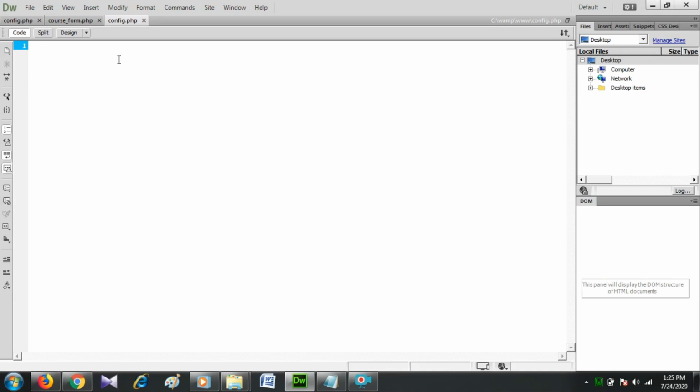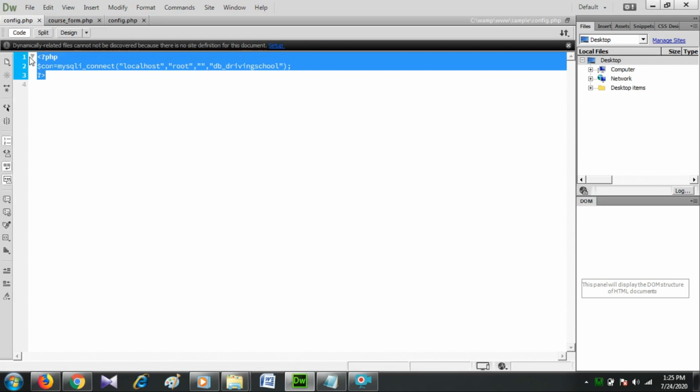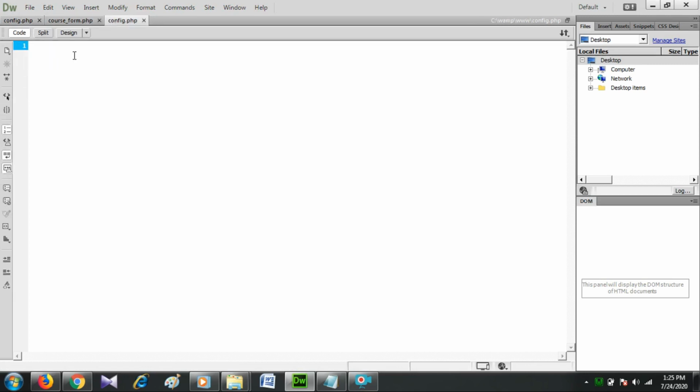Okay. Then the DB connection code is the following. Open the PHP tag and write the following code in the DB connection file. Here mysqli_connect is a function that opens a new connection to the MySQL server, and its parameters are localhost, root and db_college. The syntax is mysqli_connect with hostname, DB username, DB password and DB name.